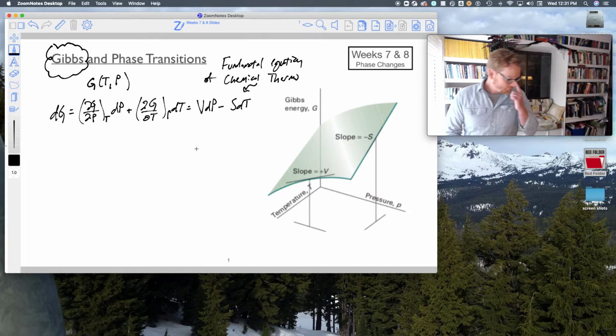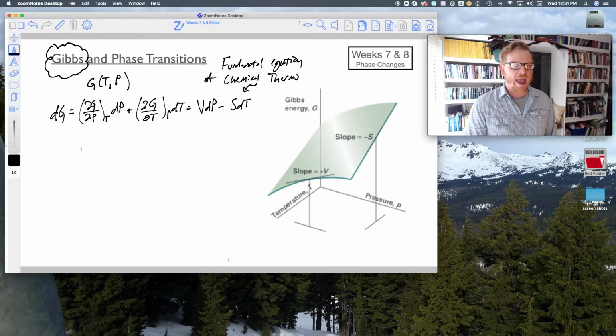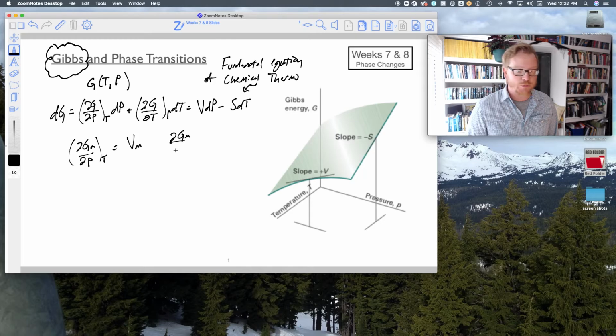So VdP minus SdT, and finally we realize the partial, and I'm going to switch to molar quantities, the partial of molar Gibbs free energy with respect to the change in pressure at constant temperature is molar volume. Okay, so this derivative is V. And then similarly, the partial of molar Gibbs free energy with respect to temperature at constant pressure is negative molar